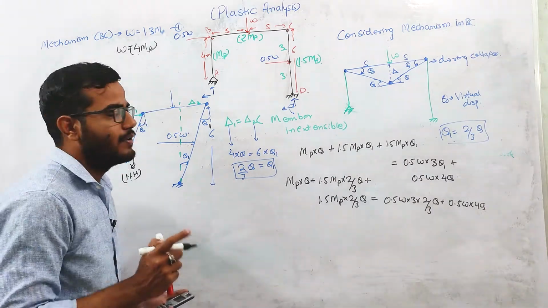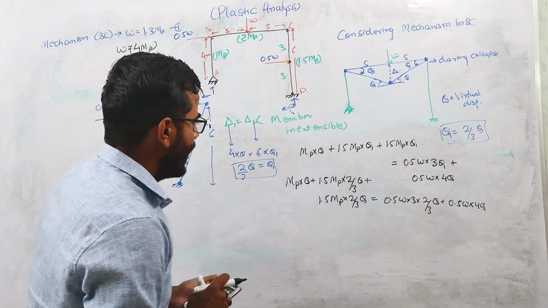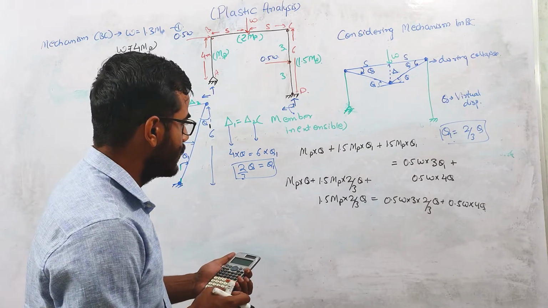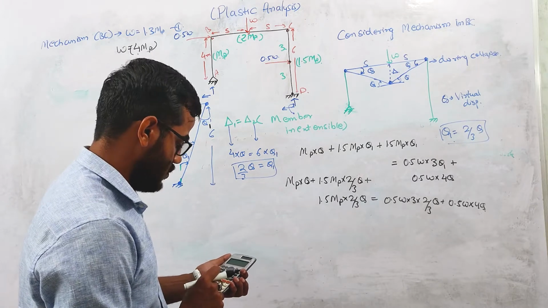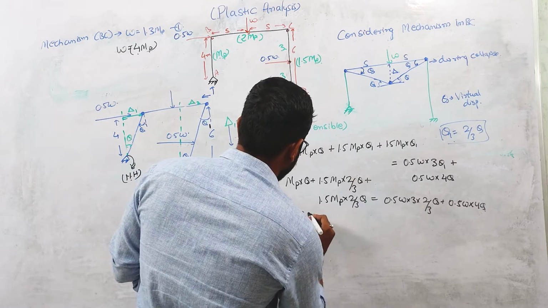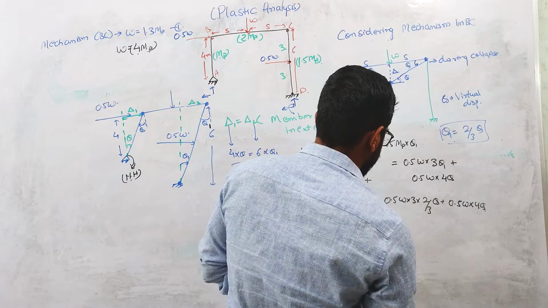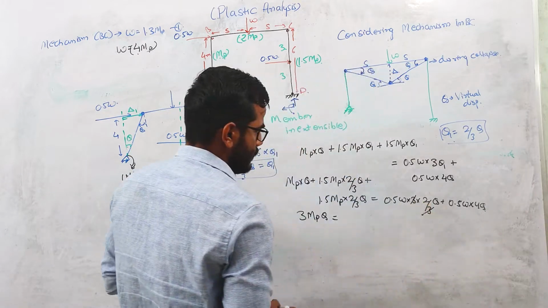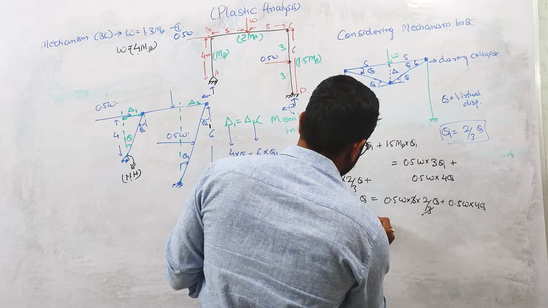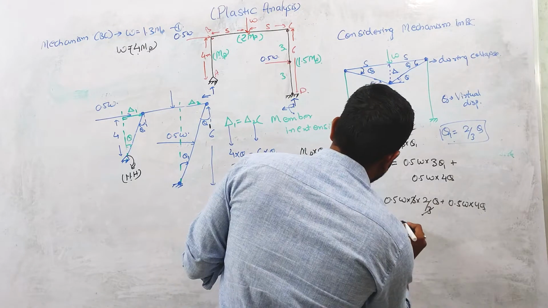If you put this value of theta 1 into this equation and calculate, this will be 3 mp theta, equal to 3 w theta. So theta will cancel out each other, 3 will cancel out each other, so w equals